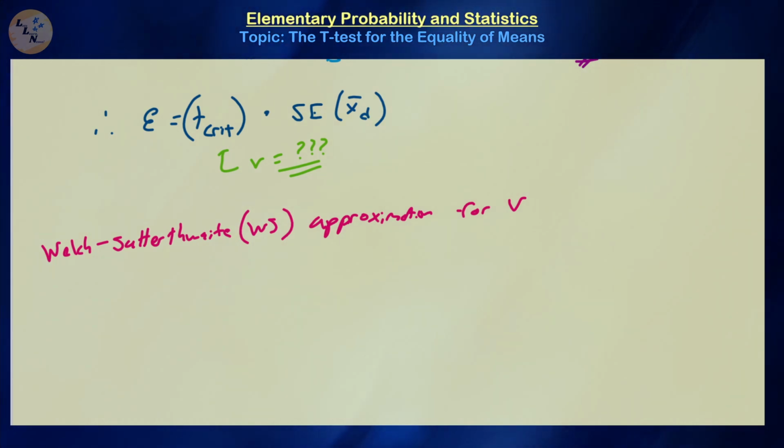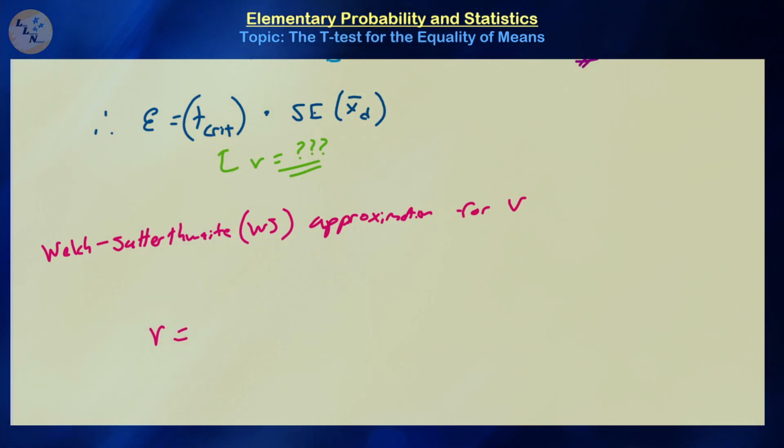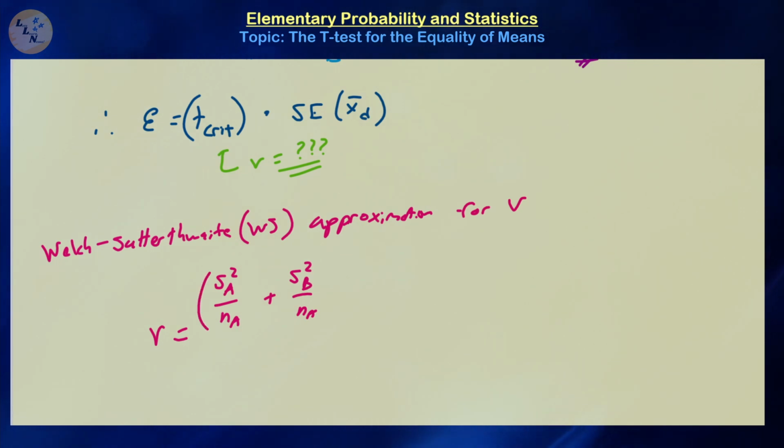It's another common name for it. But the Welch-Satterthwaite approximation for nu is going to be equal to the variance of A divided by the sample size of A plus the variance of B over the sample size of B, the quantity squared, all over the variance squared,